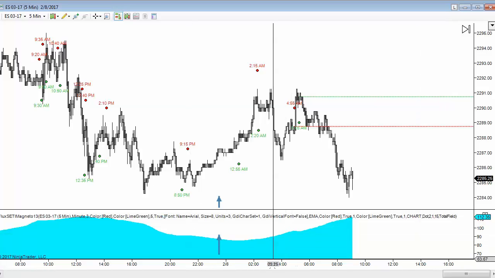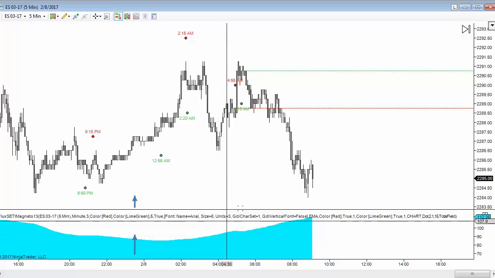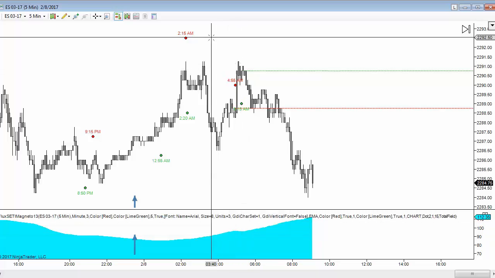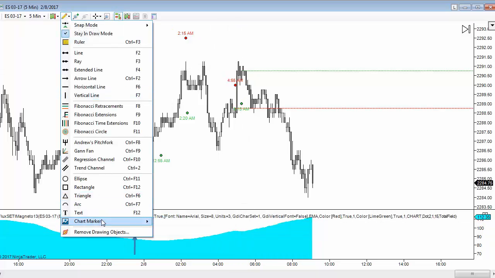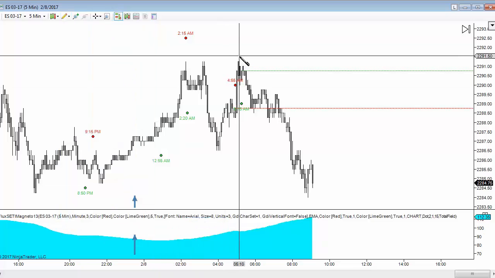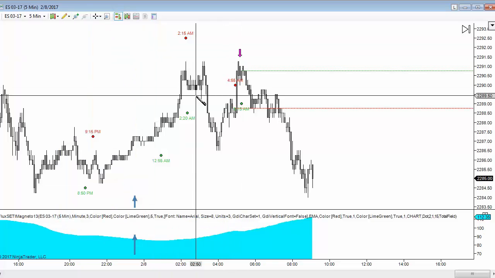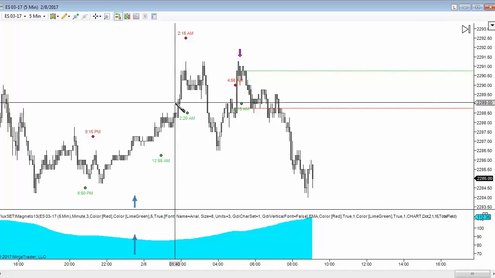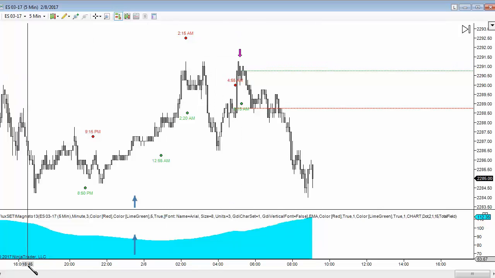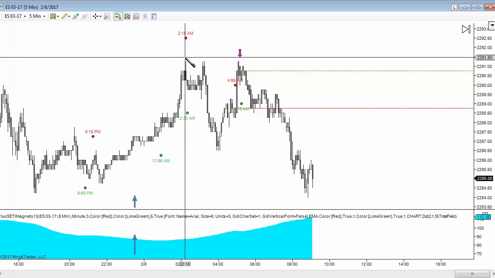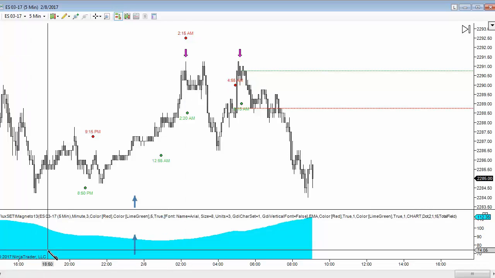You want to know something really strange? Remember the patterns that I teach you in the webinars? The higher high green dot pattern? There it is on a 5-minute E-mini S&P chart. There's a high Carol at 2:15 a.m. on a 5-minute magnetic field chart.